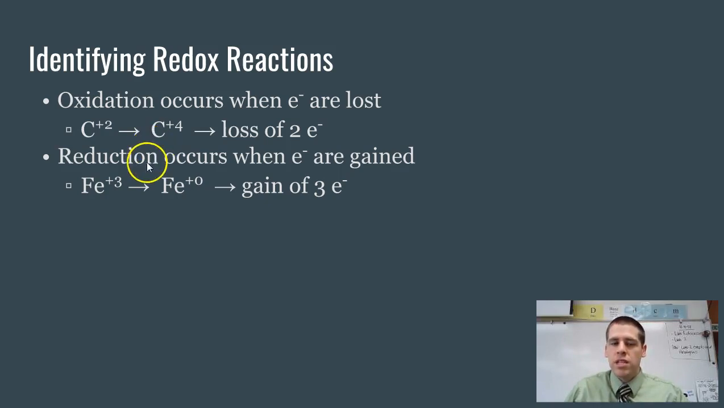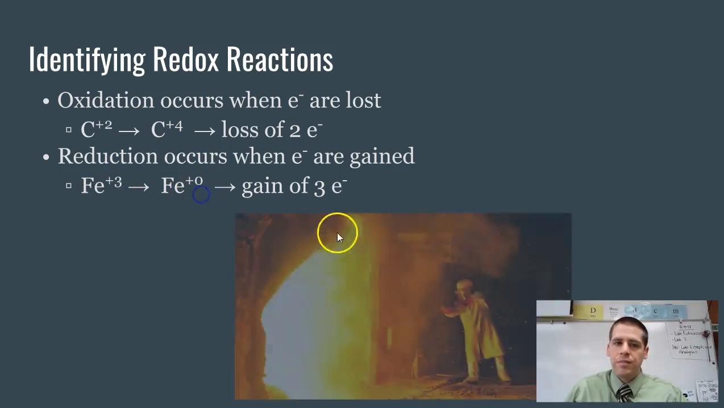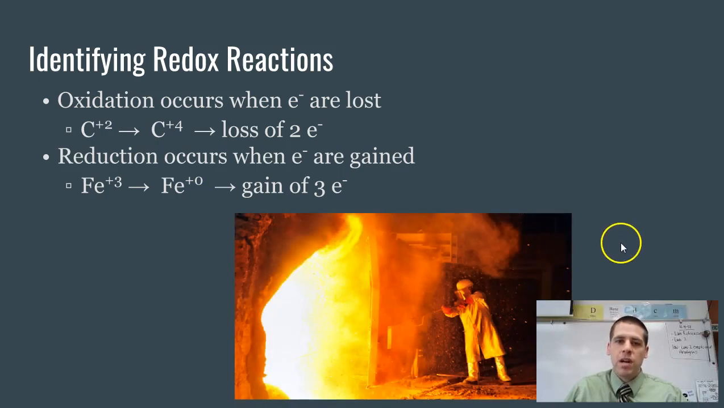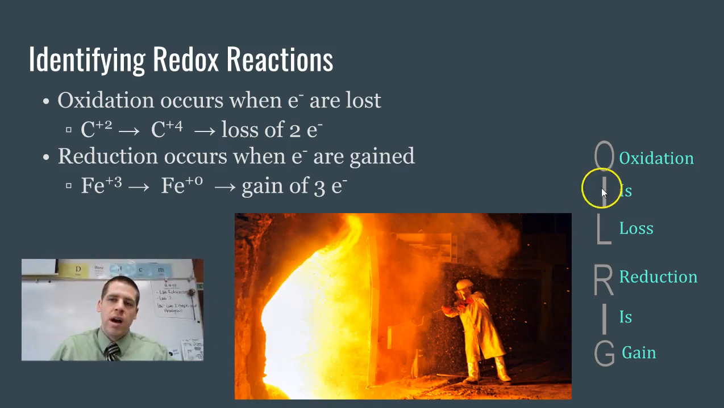Something that's being reduced is going to go from a positive number to either neutral, or the charge is going to get smaller, right, or more negative. And so in this case, iron +3 to iron with no charge is going to be a reduction reaction. This is actually where the name comes from. It's a really confusing name. I like to use this mnemonic OIL RIG to remember that oxidation is loss of electrons and reduction is gain